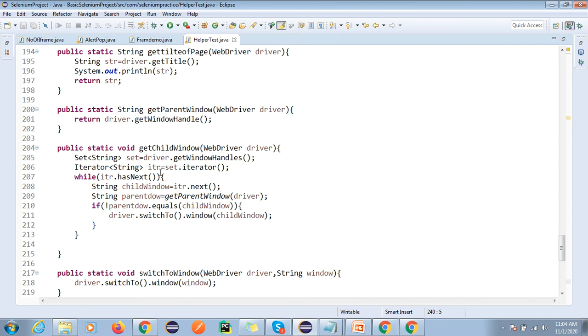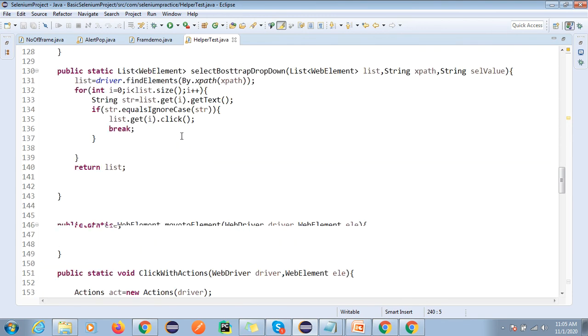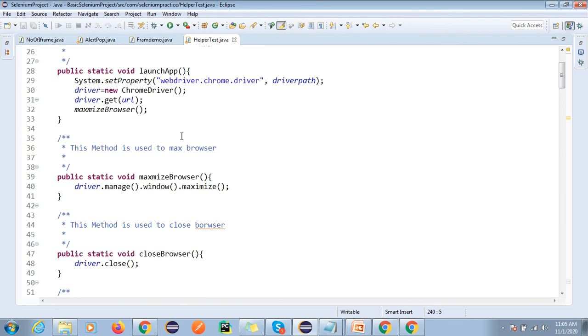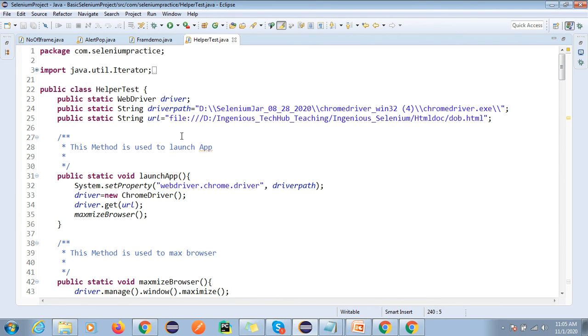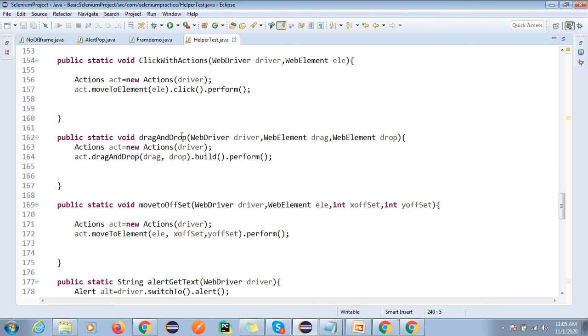So I have added this to the syllabus. Before, I was not teaching this; I was explaining it in the framework, and we were not developing all the functionality, I just showed you a few. But here I am trying to add more functionality, so that if you get any requirement to develop code, you are able to do it.